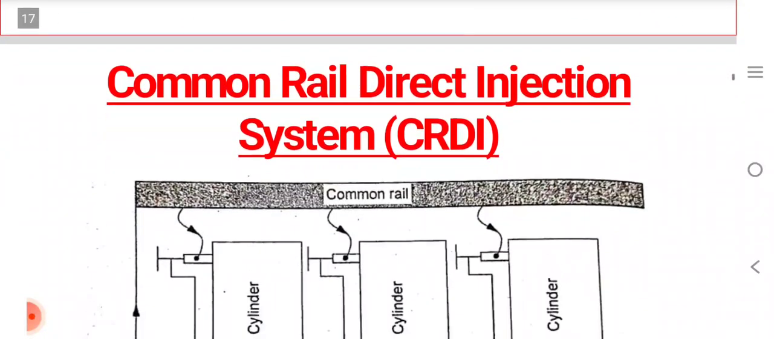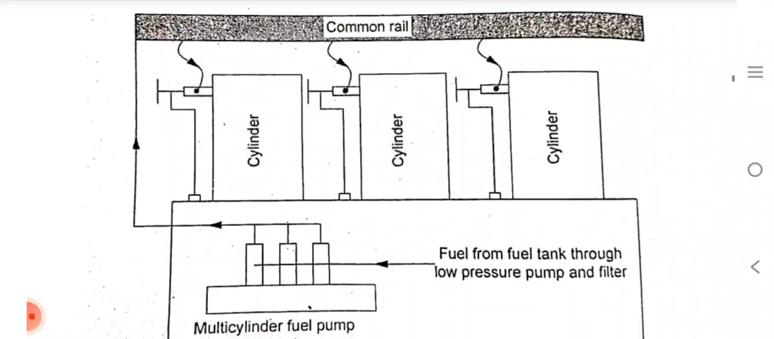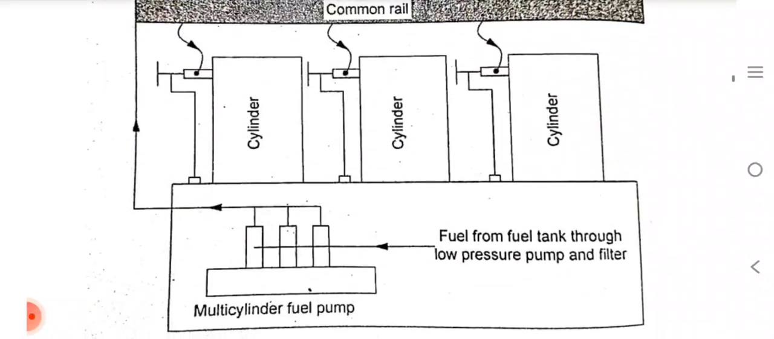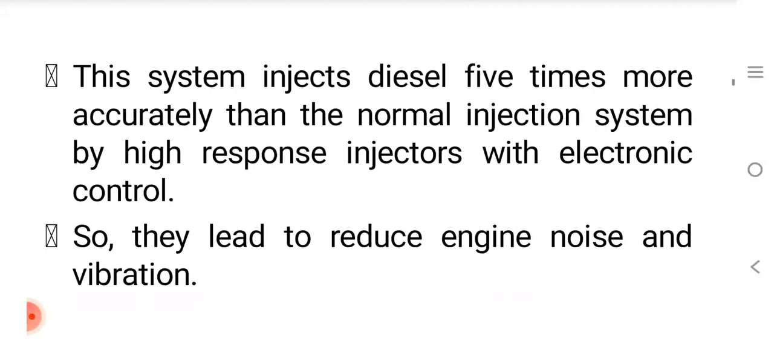This is the common rail direct injection system. This is the schematic arrangement. The system: injection